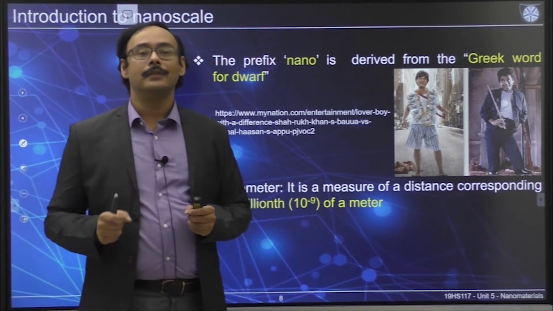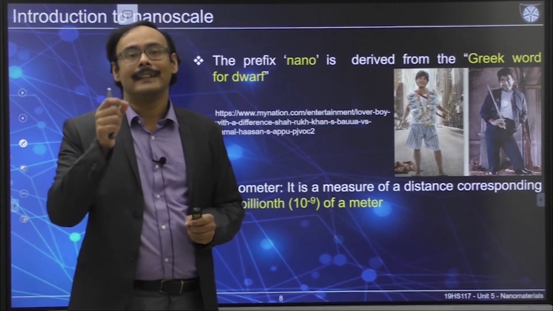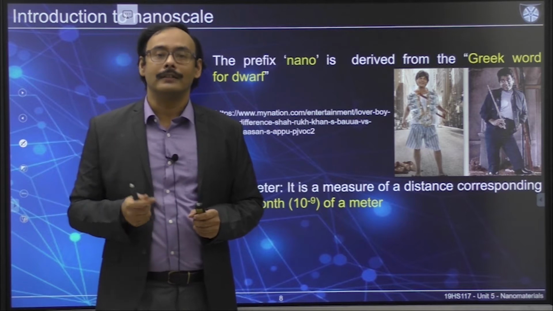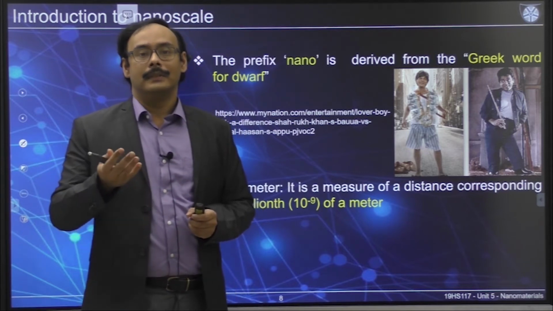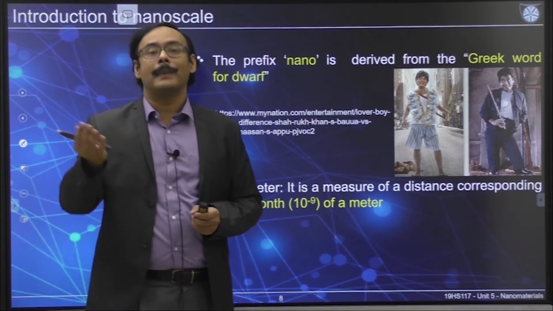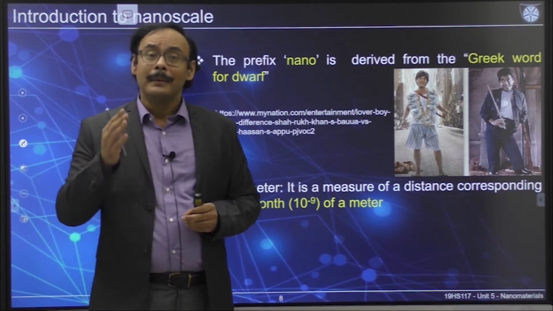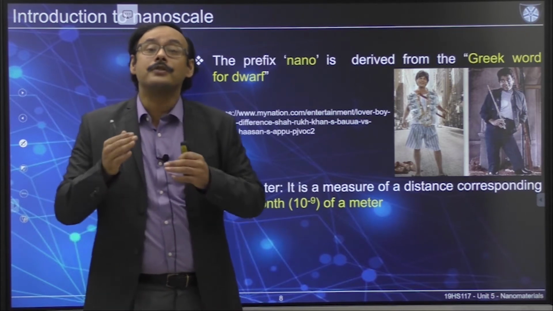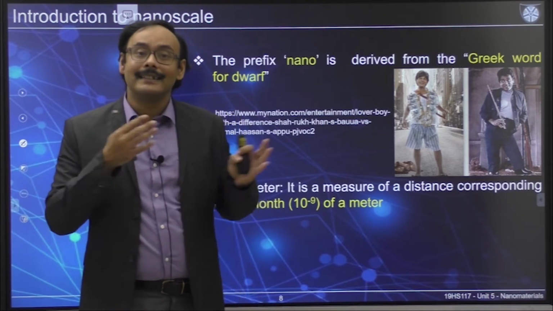But when I tell you this, you can only identify the number, and you can say small. If I ask what is the difference between 10 to the power minus 9 versus, let's say, 10 to the power minus 6, you can calculate based on mathematics that it is 1000, right? But do you really know how small that is? Do you know any object that is under the nanoscale?